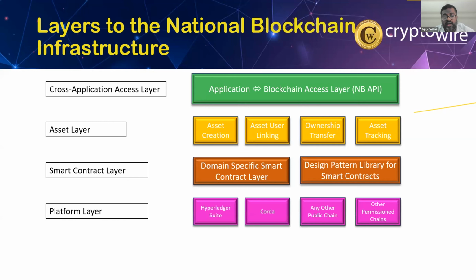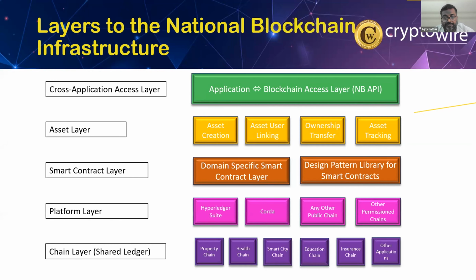Then there's going to be a platform layer, so they're going to integrate a lot of platforms into this platform layer. So there could be Hyperledger Suite, there could be Corda, there could be any other public chain, and there could be other permission chains also, in this platform layer. Then finally, there's going to be a shared ledger or chain layer, जहाँ पर आपका property chain होगा,